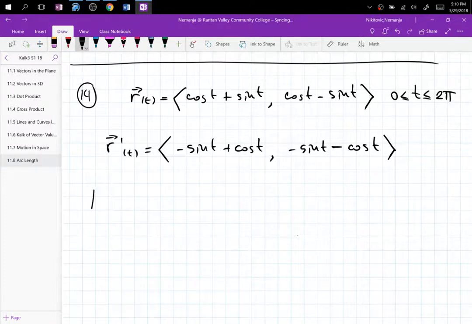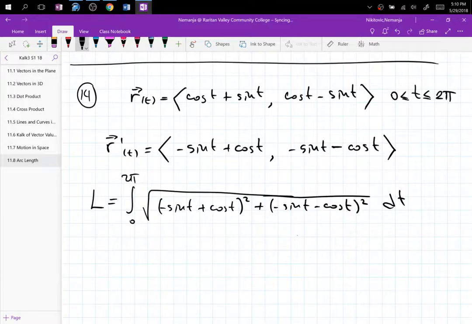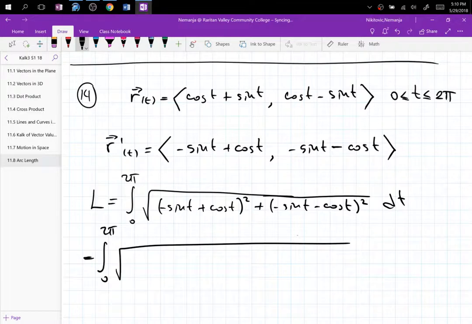And arc length from 0 to 2 pi is going to be the square root of negative sine t plus cosine t squared, plus negative sine t minus cosine t, everything squared, dt. All right, 0 to 2 pi. And now what? We have to